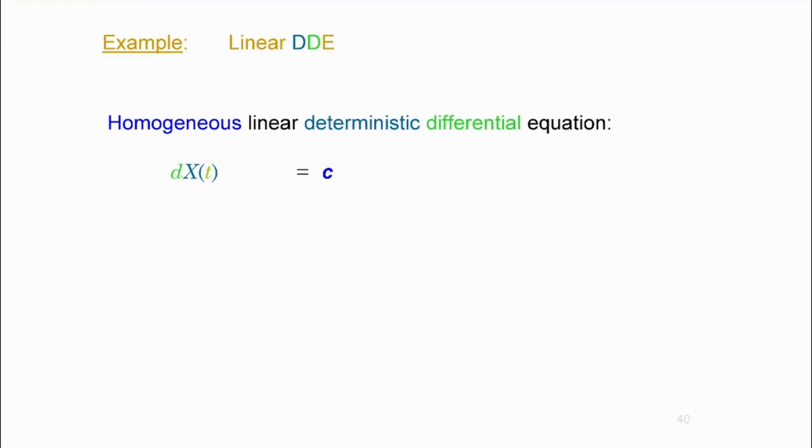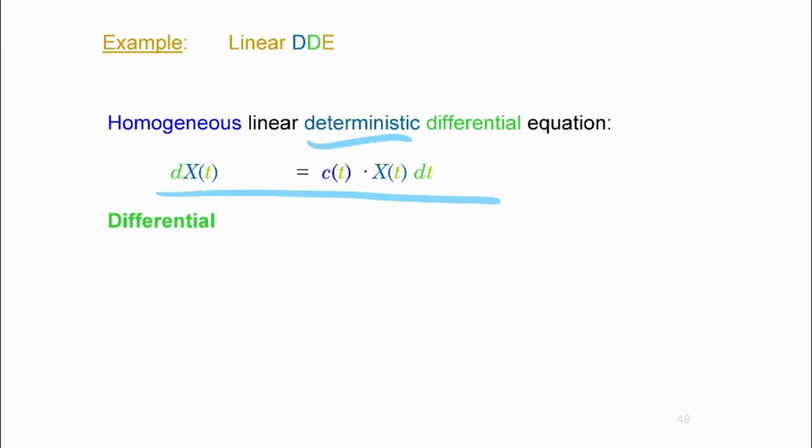All right. So I'm going to address that one. There is going to be a deterministic function involved, c(t), but that's not what we're trying to establish. And then you have this structure. So that is a differential equation. And it's deterministic because there are no stochastic processes involved. Okay, you understand the point?